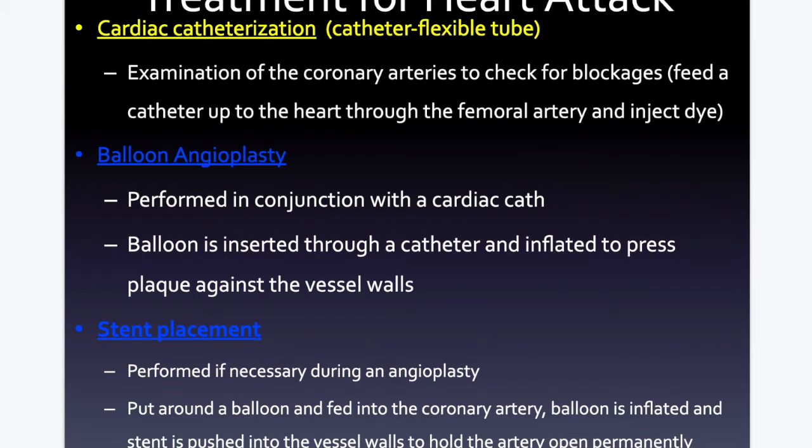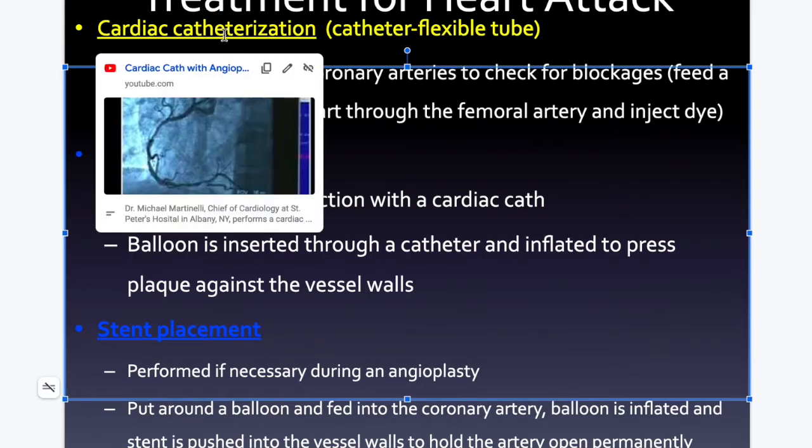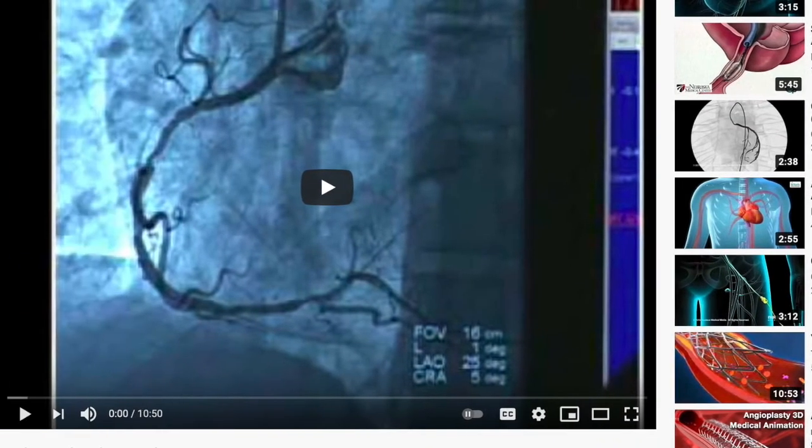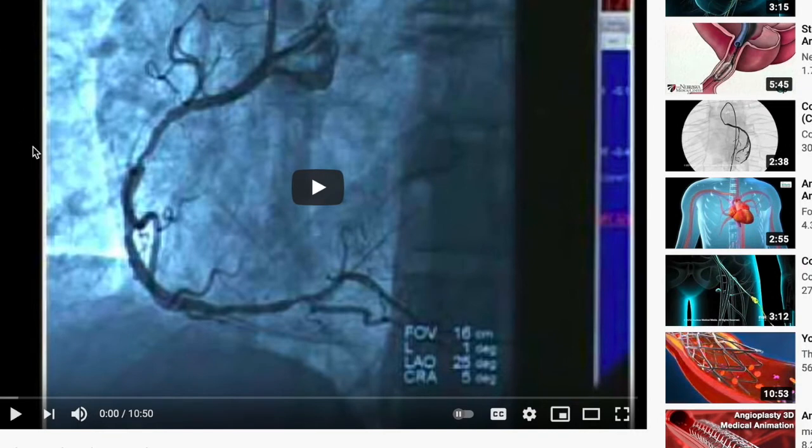So here we have some treatments. In the case of a heart attack, we have some surgical procedures that are options for treatment. One is something called a cardiac catheterization. I'm going to show you part of that really quick so you can see what that would look like. We're not going to watch this whole procedure, but